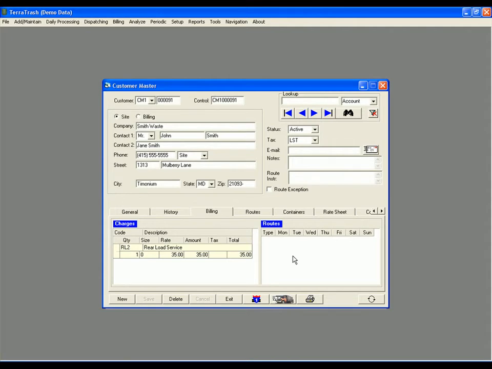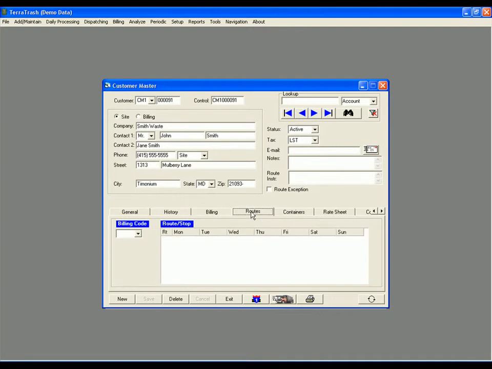Next, I'd like to introduce you to the basics of routing. As you can see, from the Billing tab in the Customer Master screen, next to where we added the charges, you can add routes in the exact same way by right-clicking in the empty space, clicking Add Route. For a more detailed view of your routes, you'll want to go to the Routes tab of your Customer Master